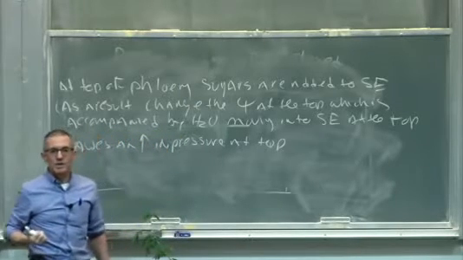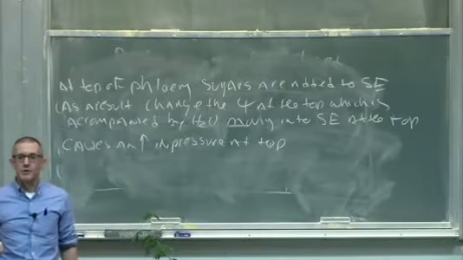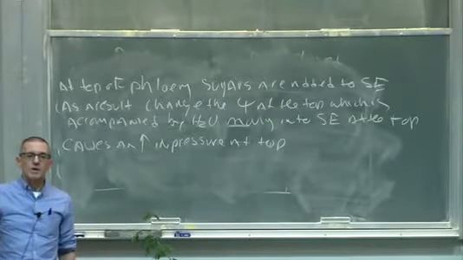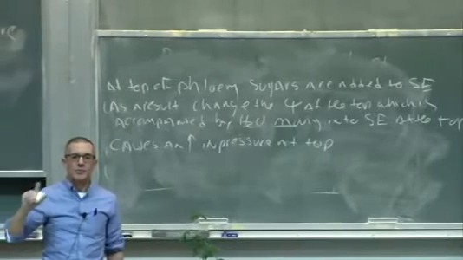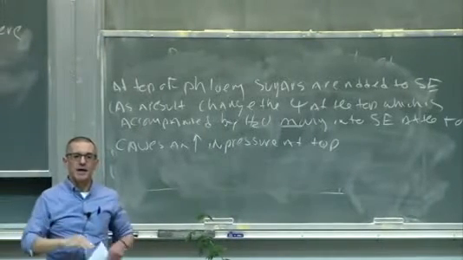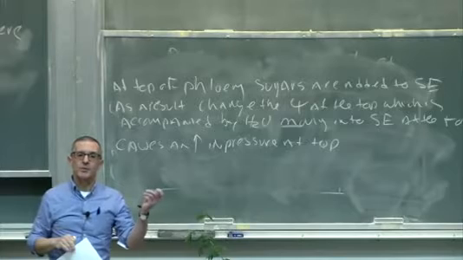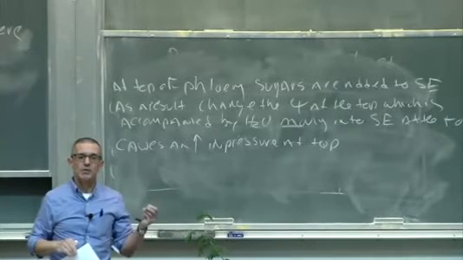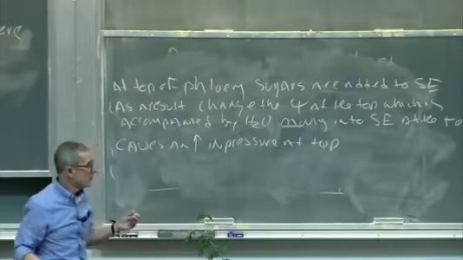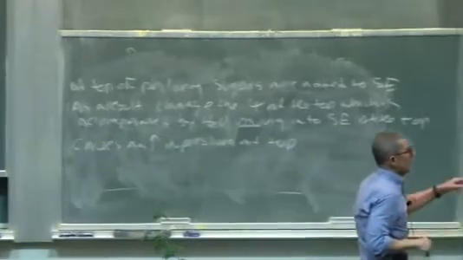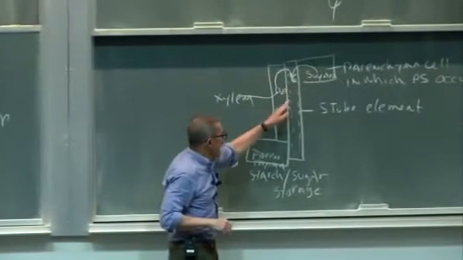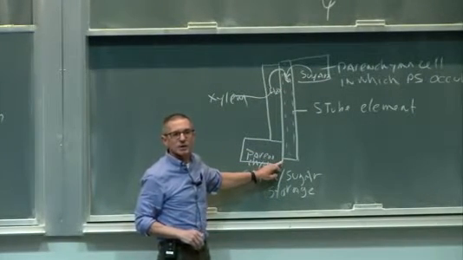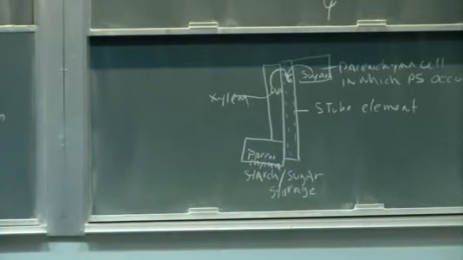Now, what I want to do is to take you to an example that you're all familiar with, which is a garden hose. If you take a hose and you turn it on, there's pressure at the place you turn the hose on, and at the end of the hose where the water comes out, the pressure is reduced. Well, this is exactly the same situation which is occurring in the phloem. We have high pressure at the top because we've changed, and we're changing the pressure down at the bottom. How are we changing the pressure at the bottom? At the bottom,